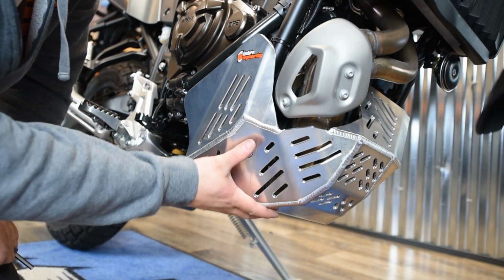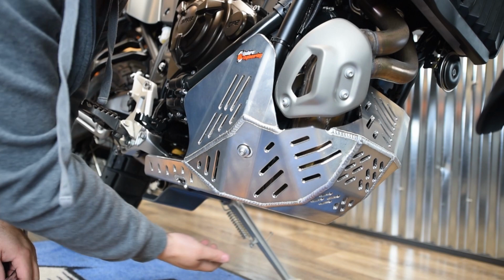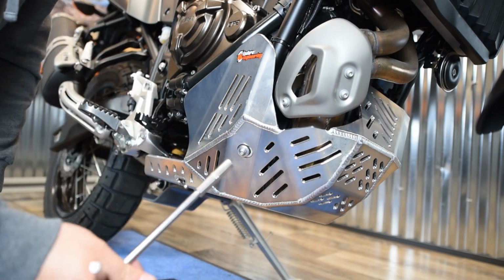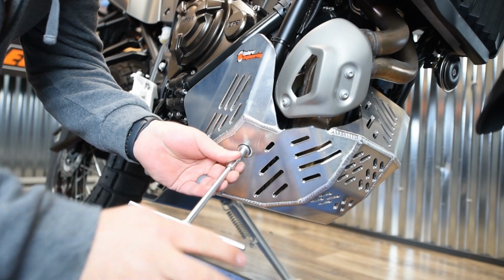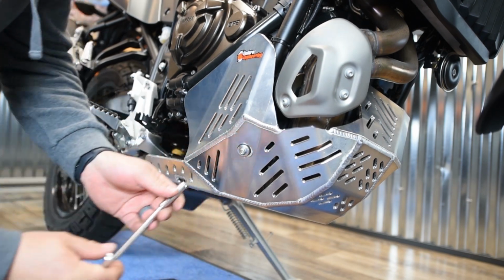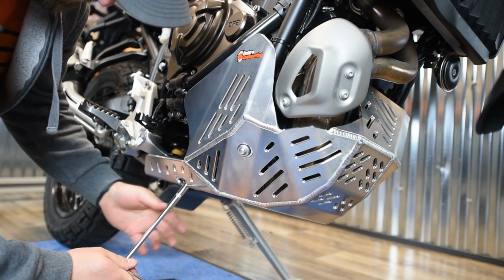Alright, so now you've got all the bolts started. You've got the 2 on this side of the frame, 2 over there, and then the 1 in the back. So now you're going to go back through. This is an 8mm T-handle. You can go ahead and tighten all 4 up front, and then we'll show you how to tighten the last mounting bolt